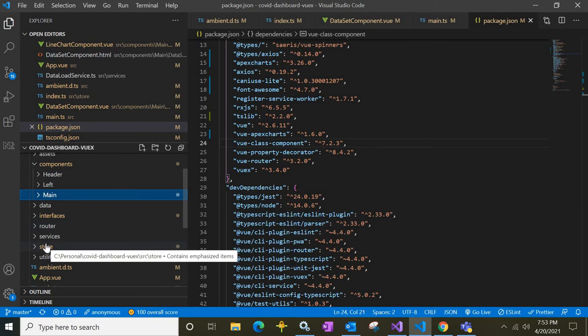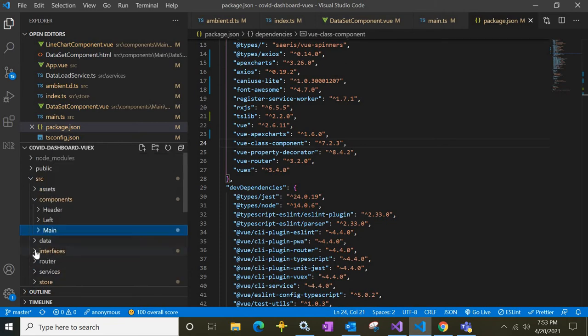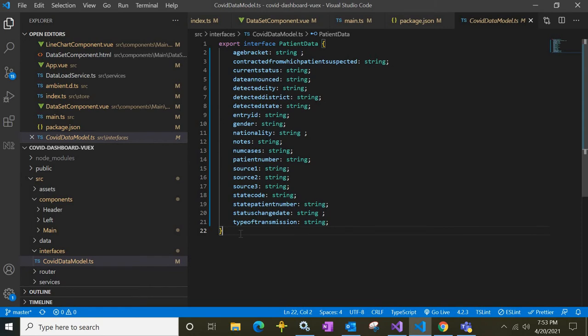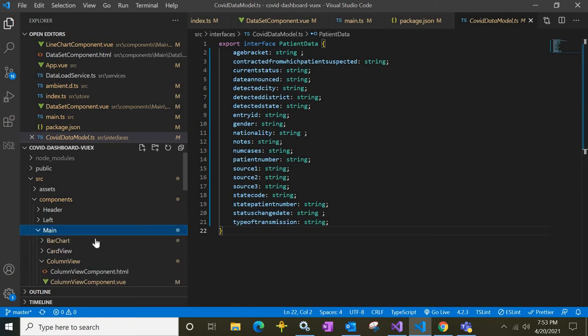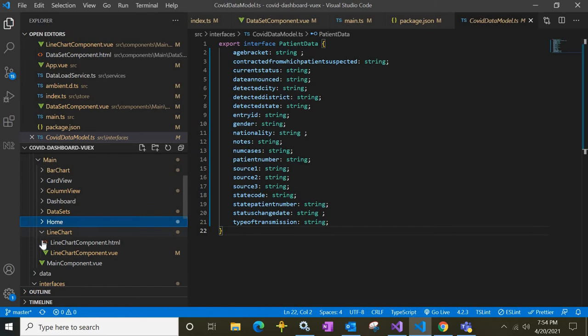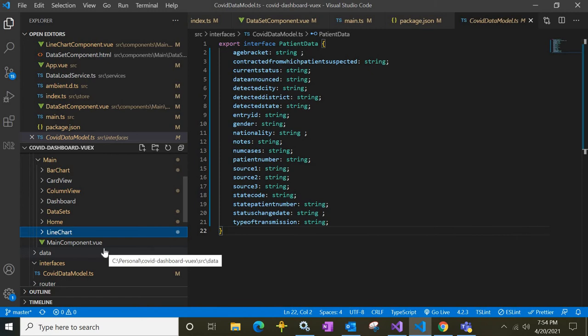We are using Vuex to maintain the state. As I mentioned, it's TypeScript, so we have different interfaces and different models, everything kept in a cleaner way. We have coded it in that way. What we'll do is check one by one, from the beginning, from the scratch, starting from the main component, how it goes. In that order we will check everything.